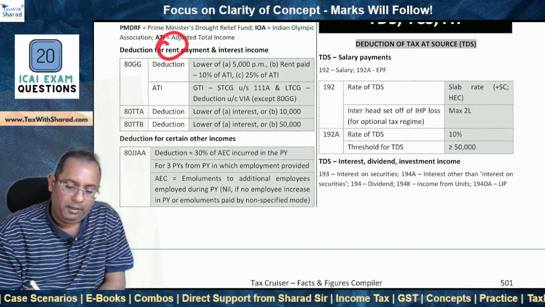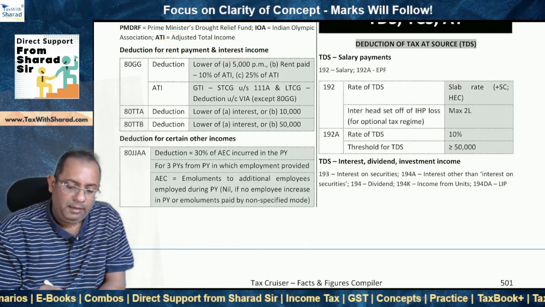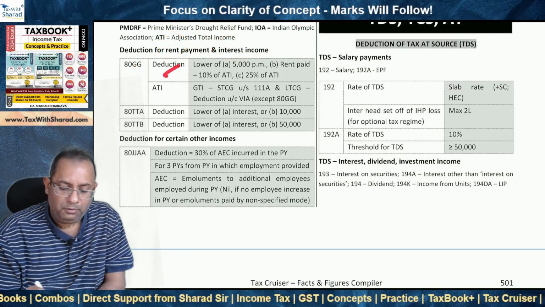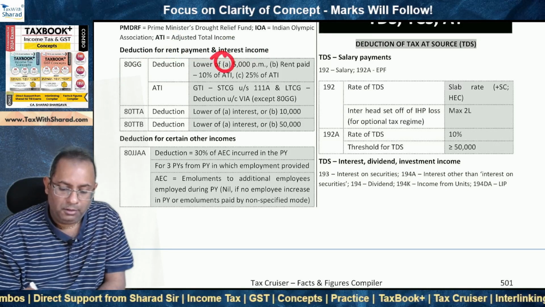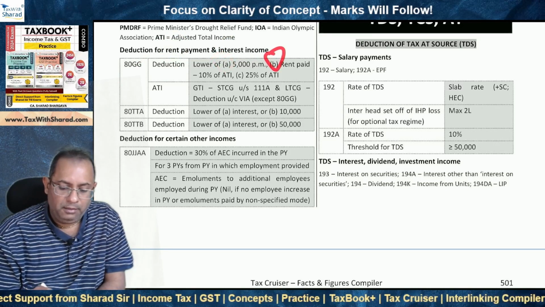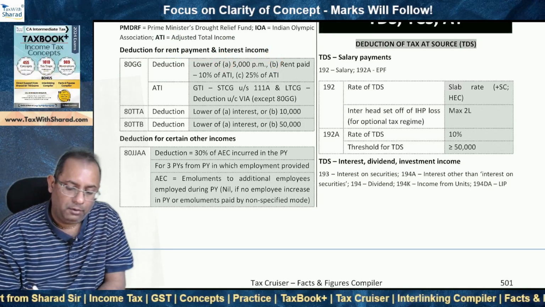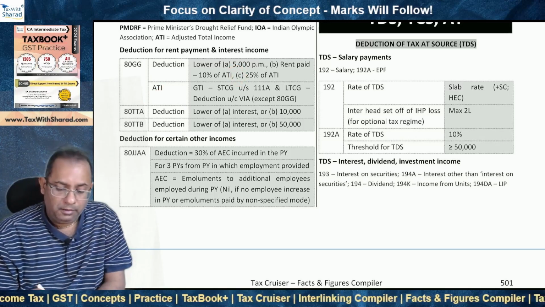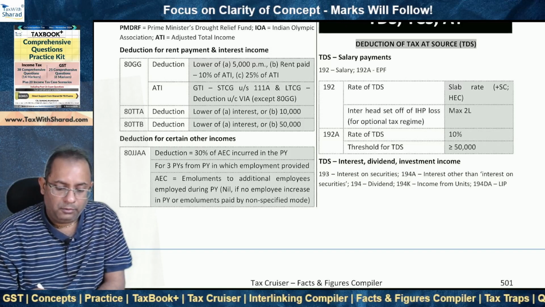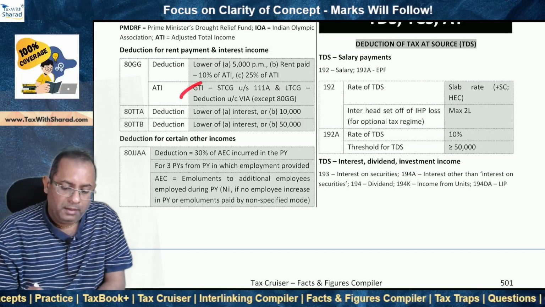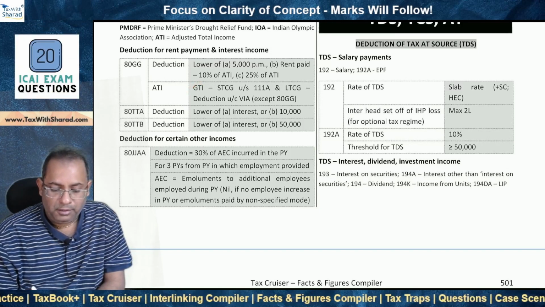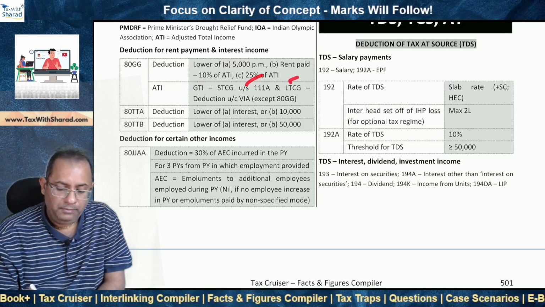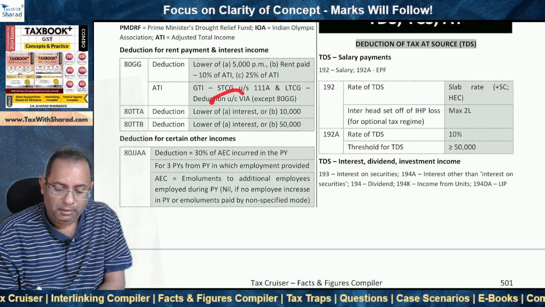Deduction for rent payment and for interest income. 80GG is for rent, and deduction formula is lower of 5,000 per month, or rent paid minus 10% of adjusted total income, or 25% of adjusted total income. ATI, adjusted total income. It is similar to what we discussed for section 80G. Gross total income, and from that we reduce STCG, 111A and LTCG, and also we reduce deduction under chapter VIA